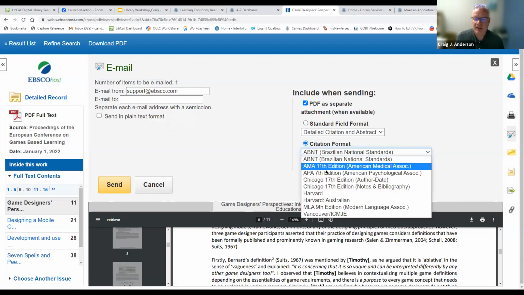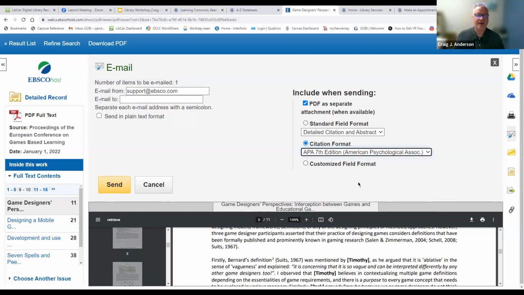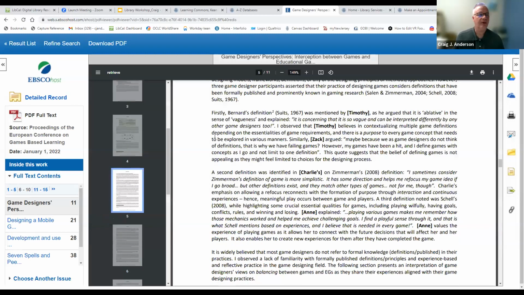So if I choose APA standards, for example, this will send me the full article as a PDF attachment, and then in the body of the email, it will have the APA style citation. So I can copy paste that to my references paper. I'm not actually going to email this to myself right now, though.